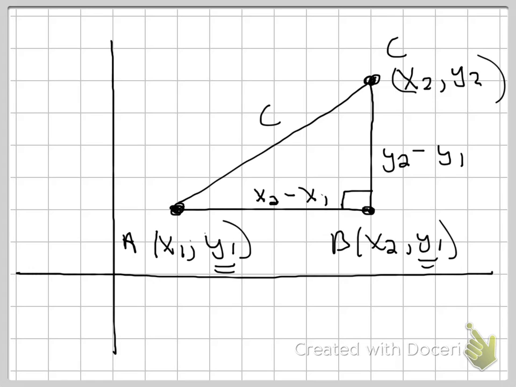What I'm going to get is that C squared is equal to x sub 2 minus x sub 1